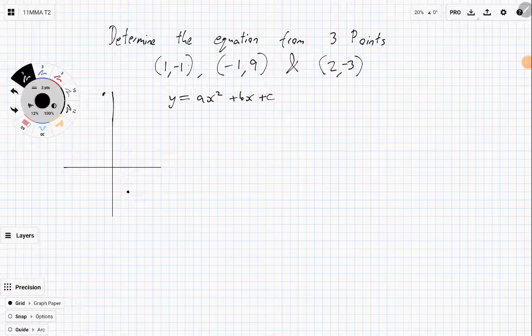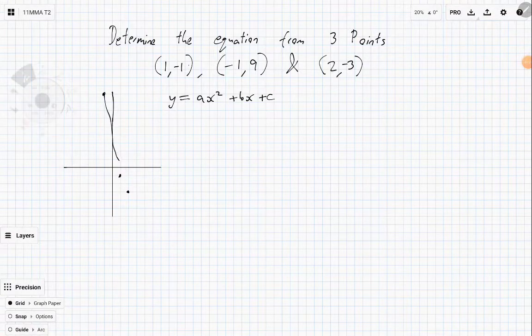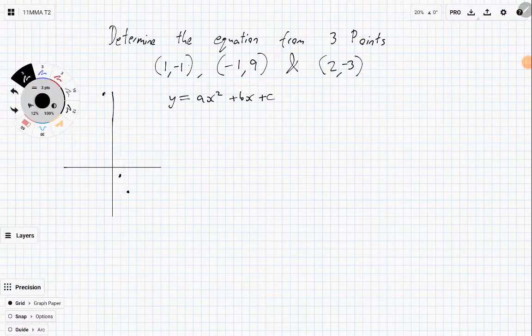Theoretically, it's probably not going to be concave down. It's probably going to have to be concave up of some sorts. We don't know how low it's going to go. But these are the 3 points we've been given. So we're just going to have to do our best to work out exactly what the function that fits these is. So step 1, let's just sub in each pair of points